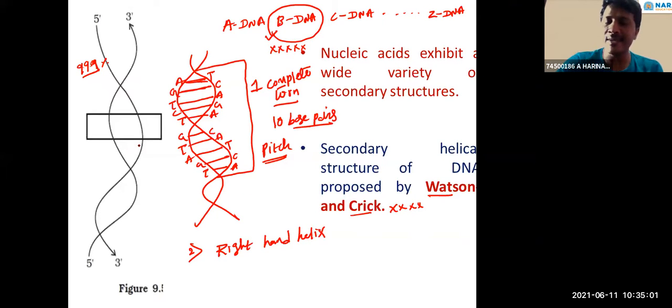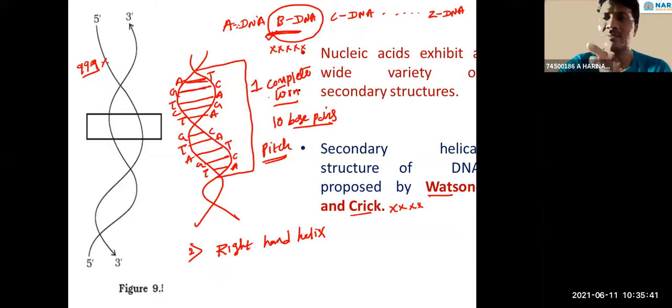Watson and Crick explained the structure of B-DNA. The cell consists of dozens of types of DNA, that is A-DNA, B-DNA, Z-DNA, so many different types. But remember, they never ask in examinations about A-DNA, C-DNA or Z-DNA. In our NCERT syllabus of first year and second year, we discuss only B-DNA. The first character is 10 base pairs per turn. It is a right hand helix, that is the second character.